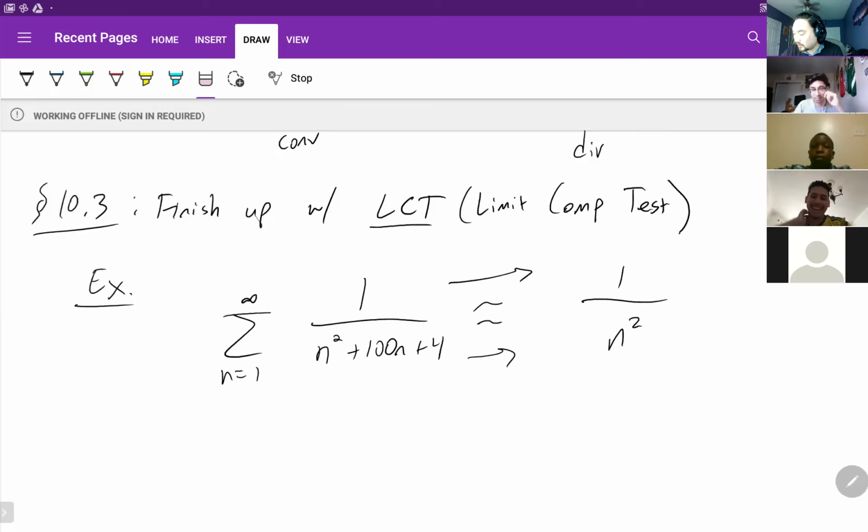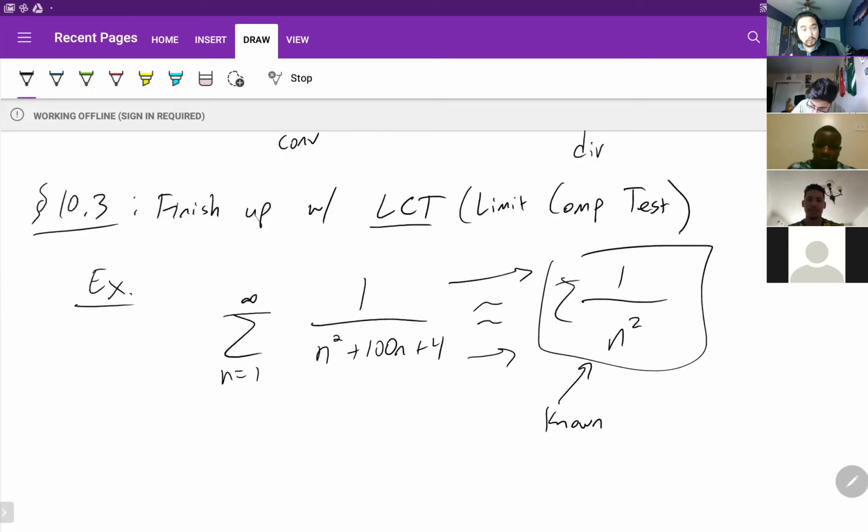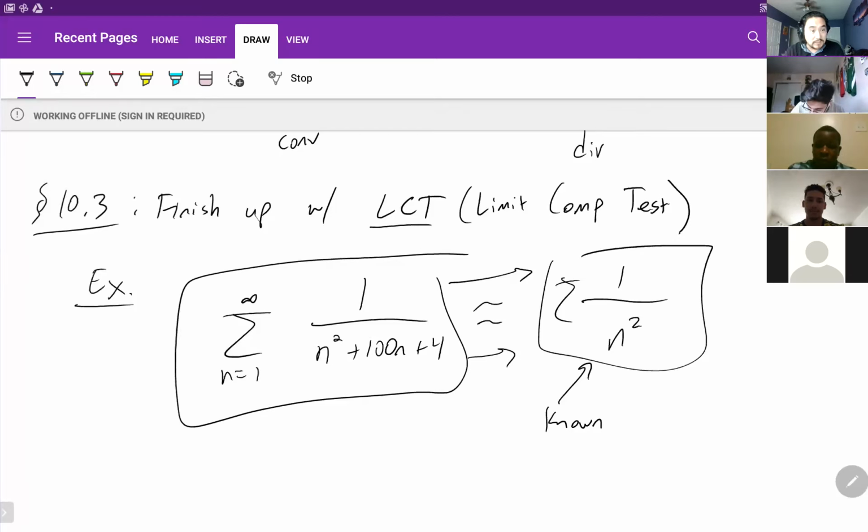But yeah, you want to pick the highest power that's available on the numerator and the denominator. This is how you create your B sub n. This is how you create your known series, right? Because if I tack a sum sign on this, I know how to prove convergence or divergence on that. I don't know how to prove convergence or divergence for this specific case yet, right? Do you see how I'm using logic here? I'm using something that I know to tell me about something that I don't, right?